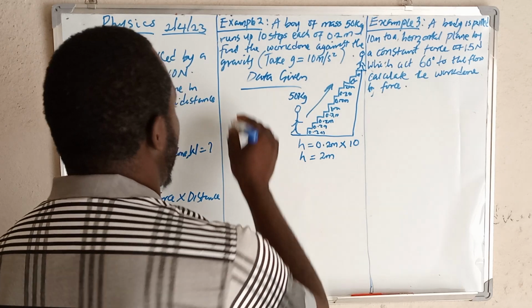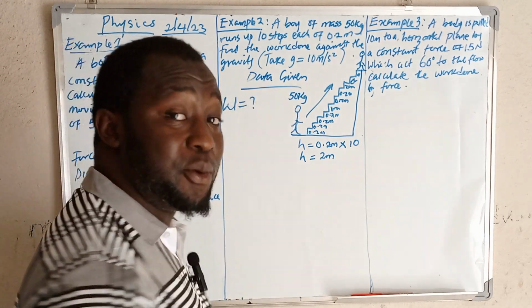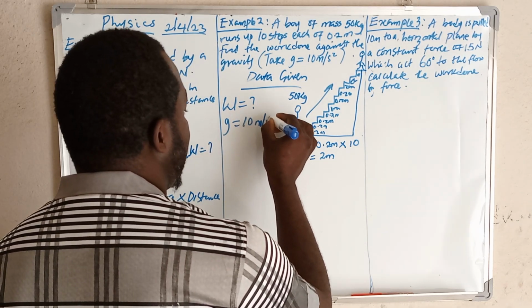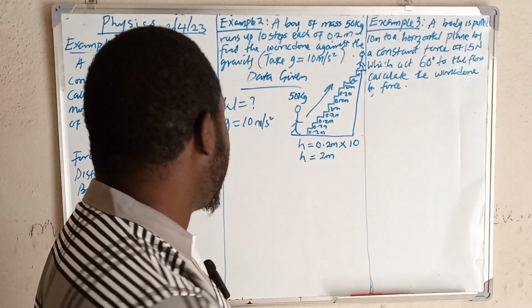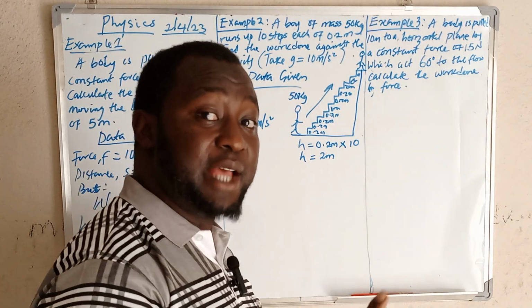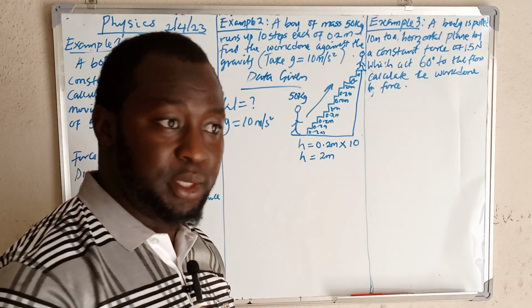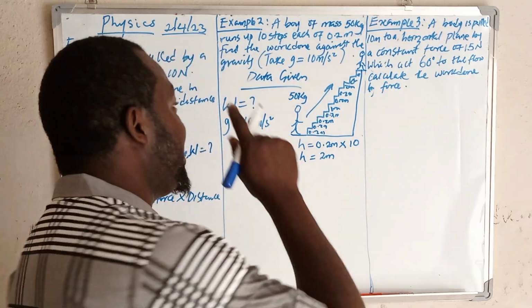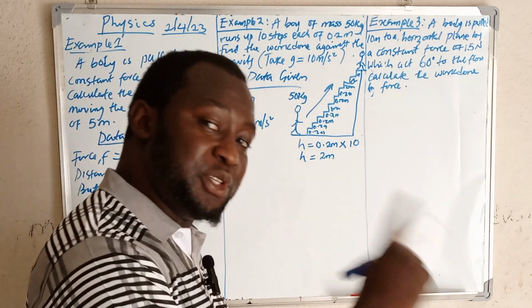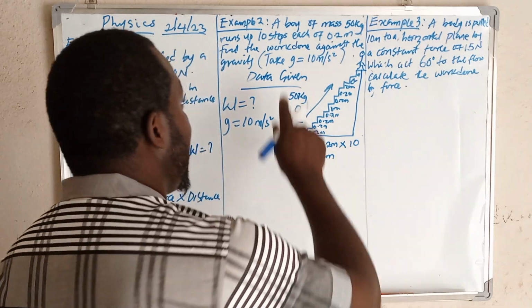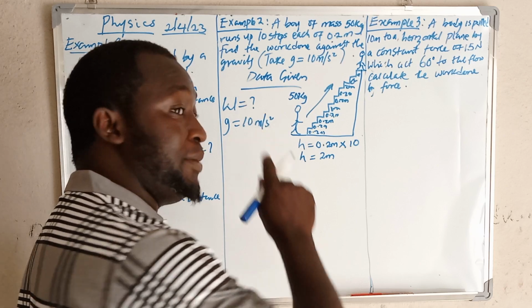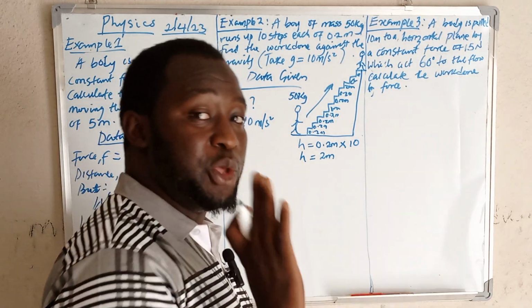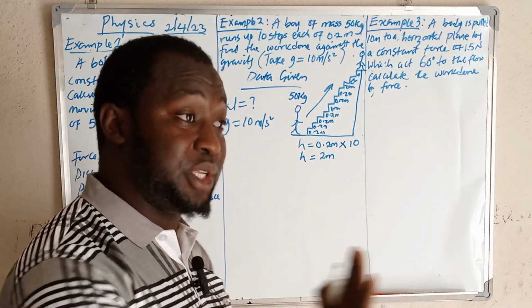Then find the work done. We were asked to find the work done. Then they say work done is unknown. Then take g. g is given as 10 meter per second square. Take note: a student has an option if g is not given. You may either use 9.8 or 10 meter per second square, but on the condition that g is given, you must use the value given to you to solve that problem. For instance, if g is not given as 10 but given as 9.8, you must use 9.8. If it is not given, you may use 9.8 or 10 meter per second square because it is all constant